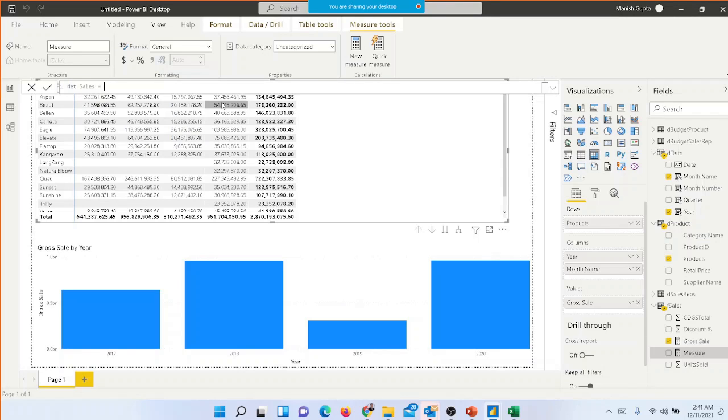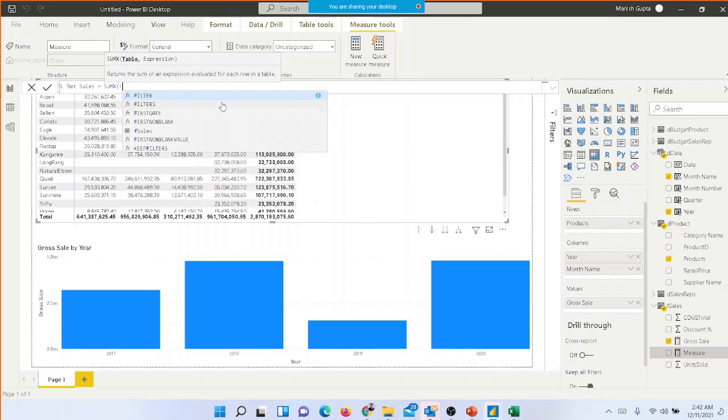The previous measure is gross sale. So the formula is the discount, a discount percentage. So we need to use SUMX again because we are going into the formula. So let's say we want to use SUMX again on F sales